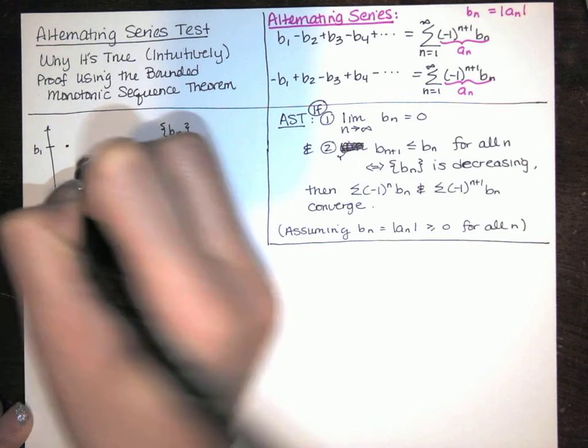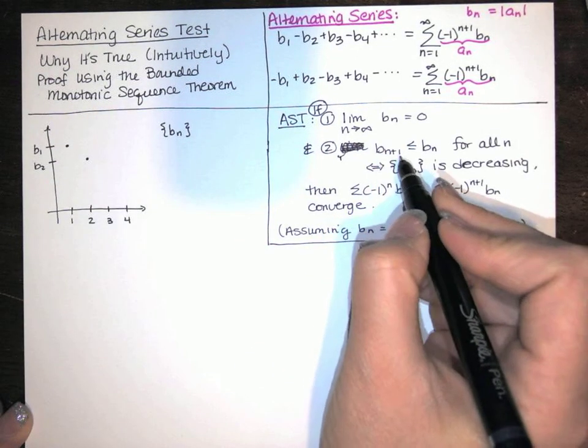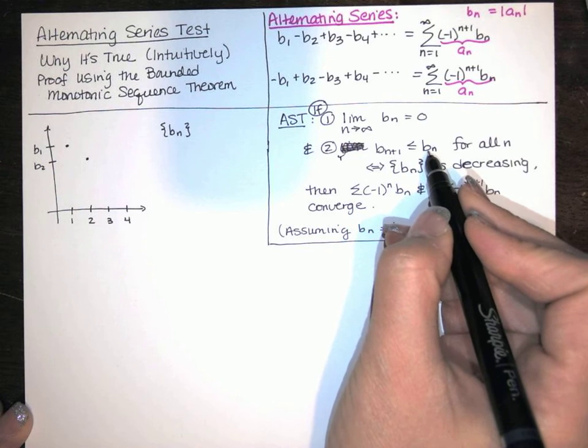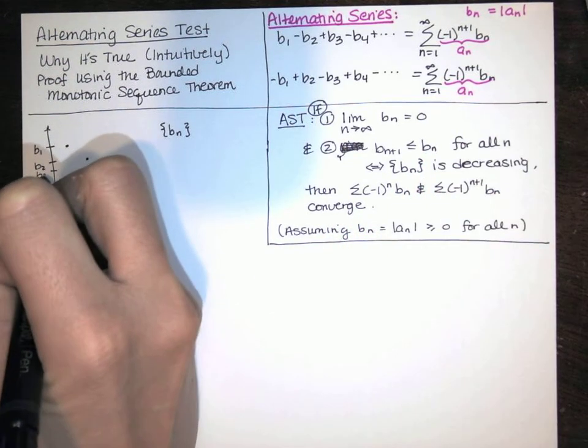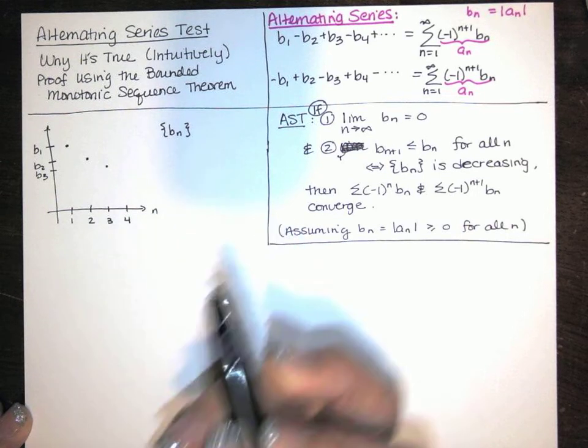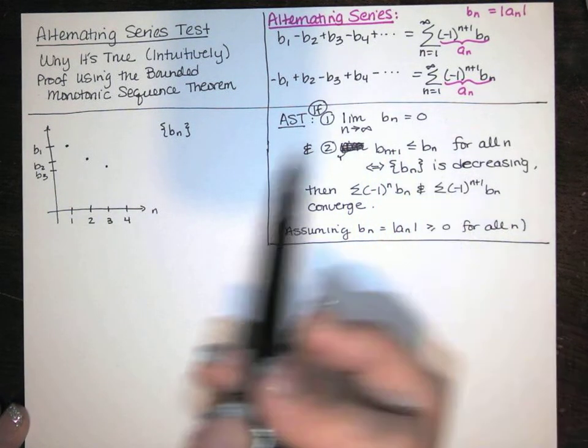So maybe b sub 2 is there. And b sub 3 is less than or equal to b sub 2, so that's going to be smaller than that. And then we continue in this way, since b sub n plus 1 is always less than or equal to b sub n,